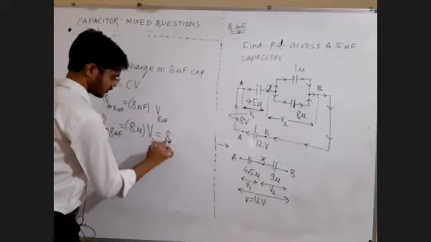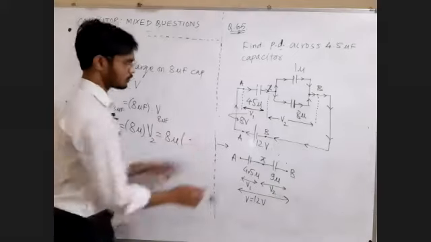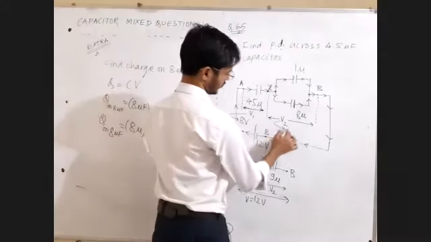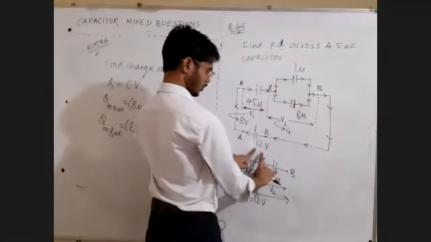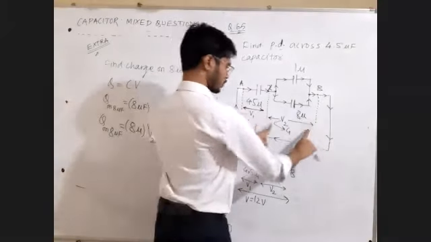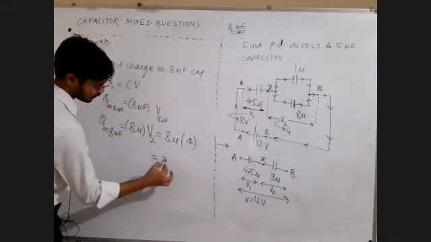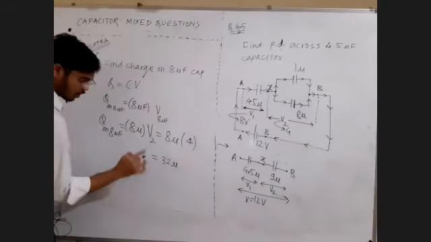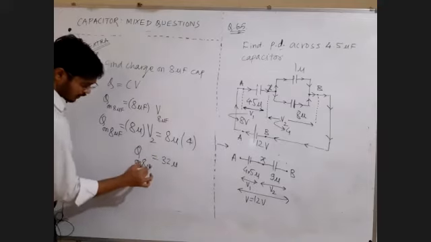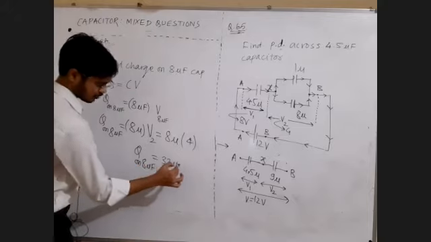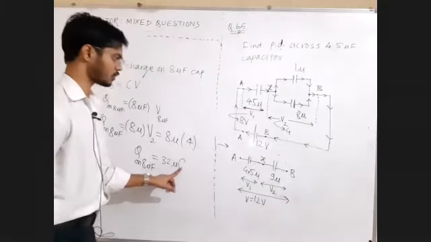And that's it. The answer will end here. That was 4 volt. Because this was 8 volt, the remaining will be equal to 4 volt, because in series, potential difference will get added. So total potential difference 12 volt is equal to 8 volt plus 4 volt. So that will be equal to 32 micro. Not farad, it's charge, so it's coulomb. So charge on the 8 microfarad capacitor is 32 microcoulomb, not farad. Farad is the unit of capacity, coulomb is the unit of charge.